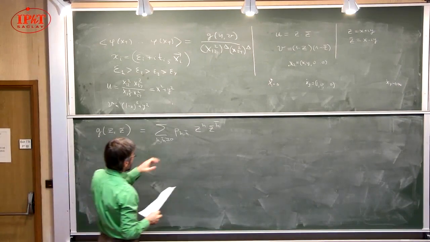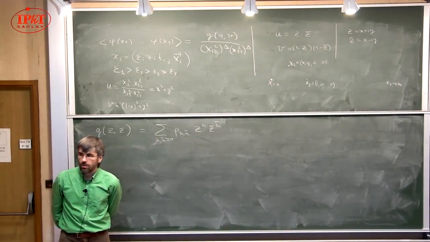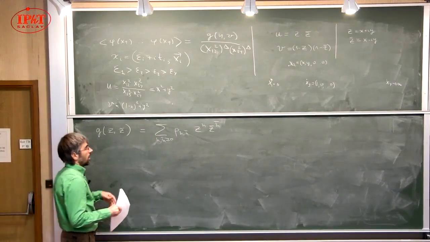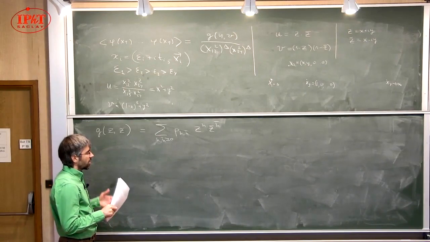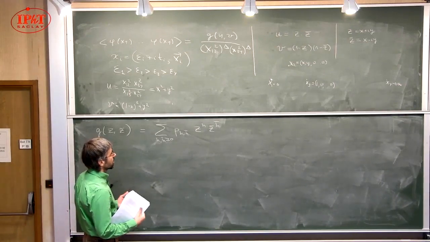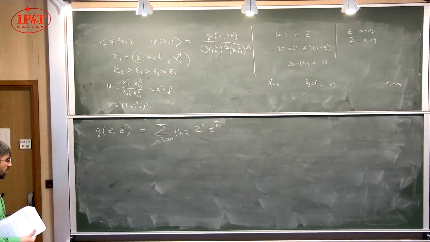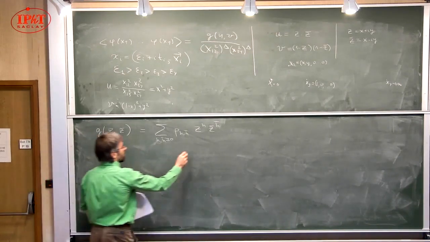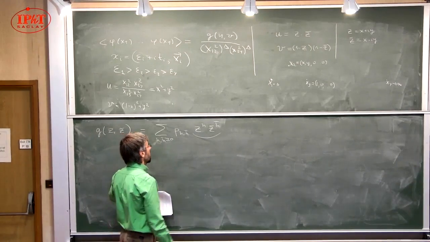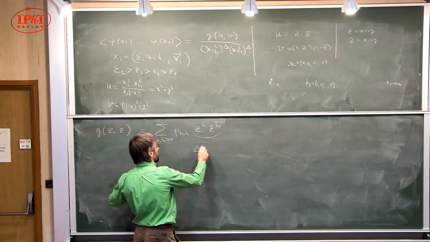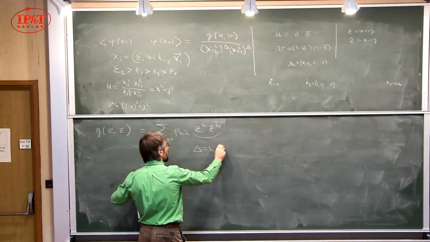So what is the meaning of these terms? Remember that in the first lecture we discussed OPE, and we discussed that this 4-point correlation function can be written using the OPE, using the expansion into conformal blocks. And conformal blocks sum up contributions of primaries and their descendants. So we can classify all states appearing in the OPE by their scaling dimension and by their spin. And so, in fact, this term z to the h, z bar to the h bar, corresponds to states of scaling dimension delta, which is equal to h plus h bar,